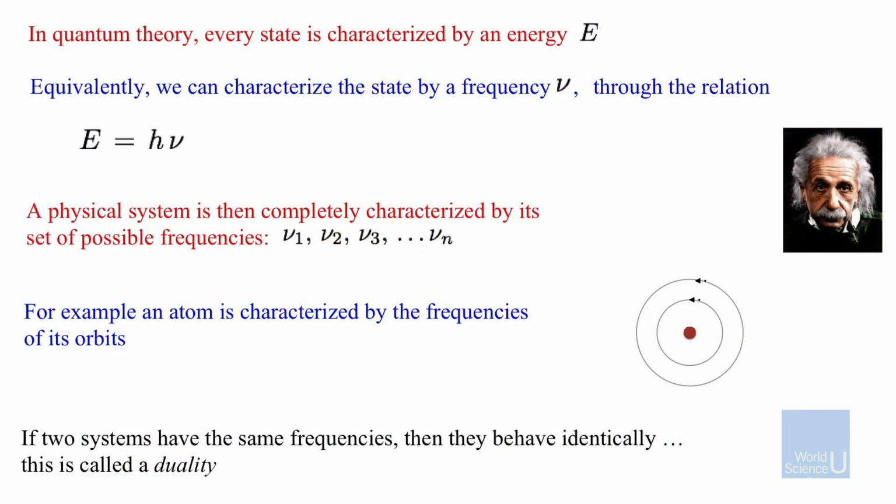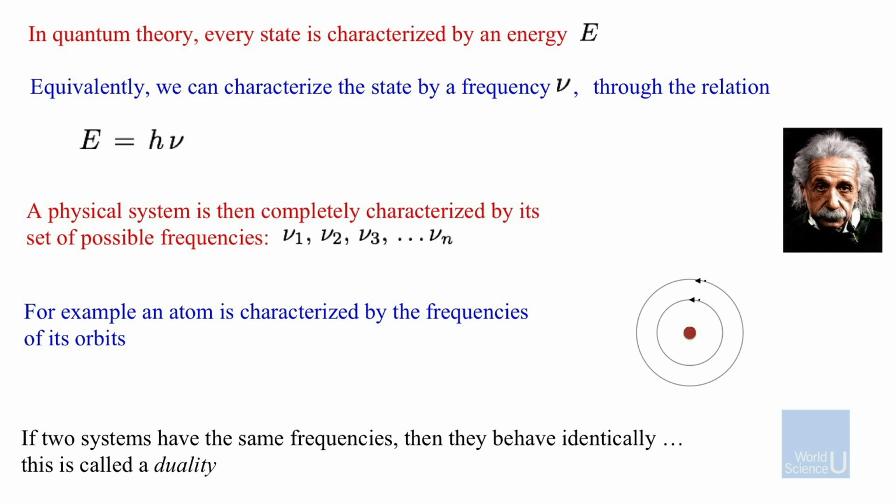So actually, the analogy to the piano is even closer, because in quantum theory, every state has an energy E. And from Einstein's work, we know that the energy is connected to the frequency. If you take light of higher frequency, it has higher energy. Like X-rays have very high frequencies, they have very high energies. So E equals h times the frequency, Planck's constant times the frequency, what Einstein taught us. And any physical system is completely characterized by its possible frequencies. See, getting even closer to how a piano behaves, right? It's just the frequencies emitted from that particular instrument.